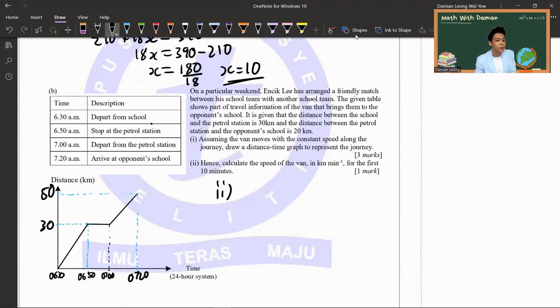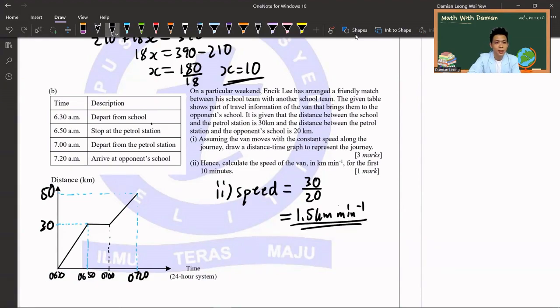So although they say the first 10 minutes, we can use the speed for the first 20 minutes to calculate, because that's the part where we have the distance and we have the time. So we can just take 30 km, divide by 20 minutes. So 1.5 km per minute. Yeah. As for the B here,